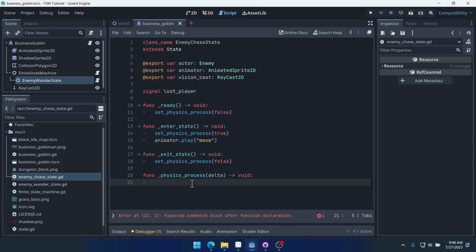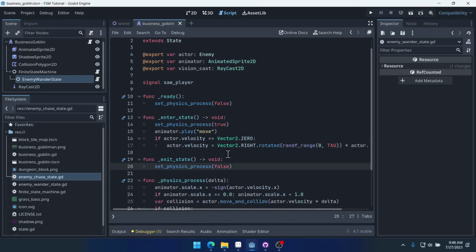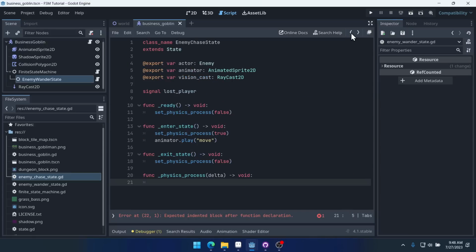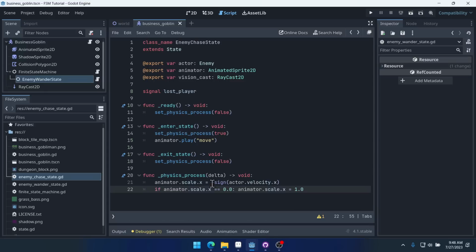And first, we'll do the same thing we did before with the other state, which is update the player's scale to be the direction that they're facing. So we'll do that. And we're actually doing negative because I should mention this: our goblin is facing to the left by default, so I had to throw a negative in front of that. Okay, then we'll say